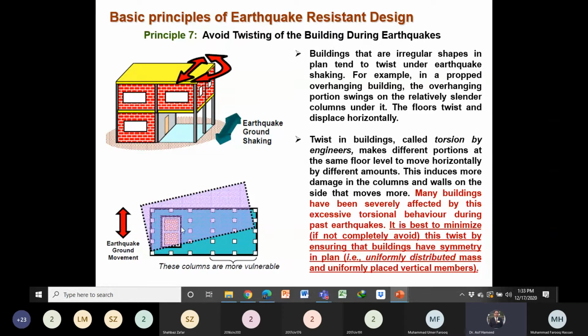What we can do, if we have to provide this opening and the shear walls, is place a similar shear wall on the other side. If we have to provide a lift for going up and down, we can have the lift here on one side, and place the second part of the lift on the other side. So we can place it symmetrically so that there is no twisting in the structure.